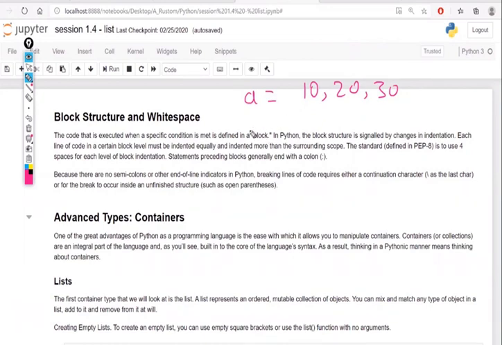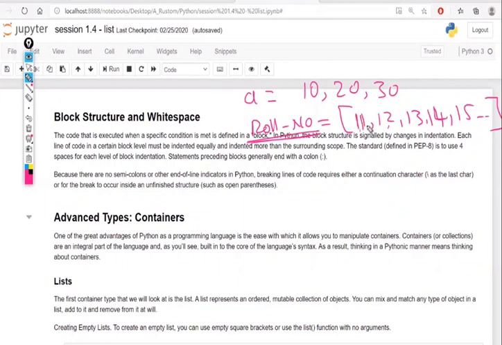Suppose this is a roll number. Roll number can have multiple data for different students, say 11, 12, 13, 14, 15, and so forth. If I want to store roll numbers in only one variable, that is easy to interpret. I cannot store 11 in one variable and 12 in another variable. That is difficult. If I store all the data in only one variable, I can immediately call it and say that these are the roll numbers.